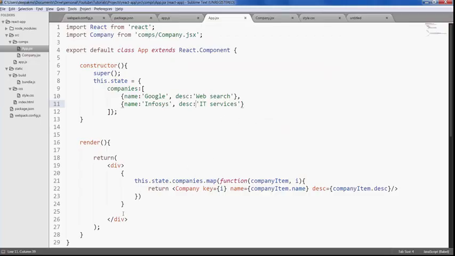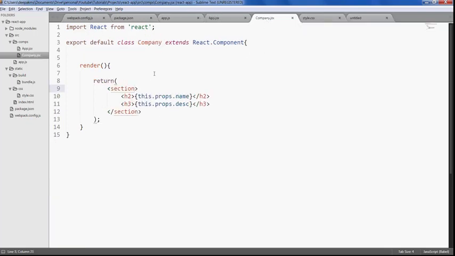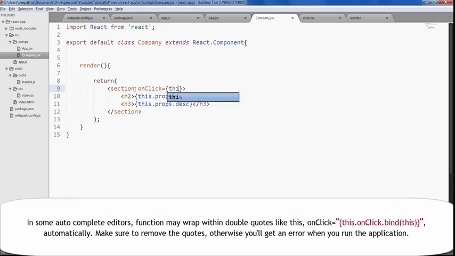Now let's say when we click on a company, we want to display a message. So let's do that. This is a company component, and on click we want to call a function, and this is how we call a function. On click, you can give any name here,